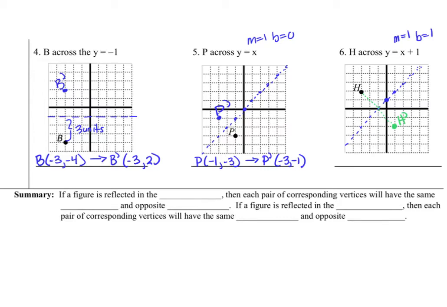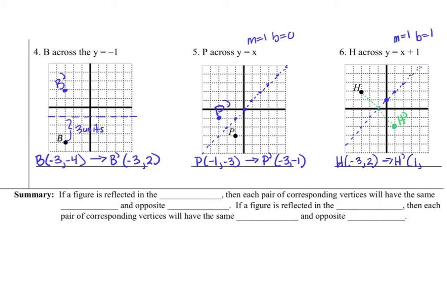Sometimes when reflecting across diagonal lines, I like to draw little dotted lines to help me stay straight in my reflection. When we write our answer, we want to state the original point H. It had a location of -3, 2, and H prime after the reflection across y equals x plus 1